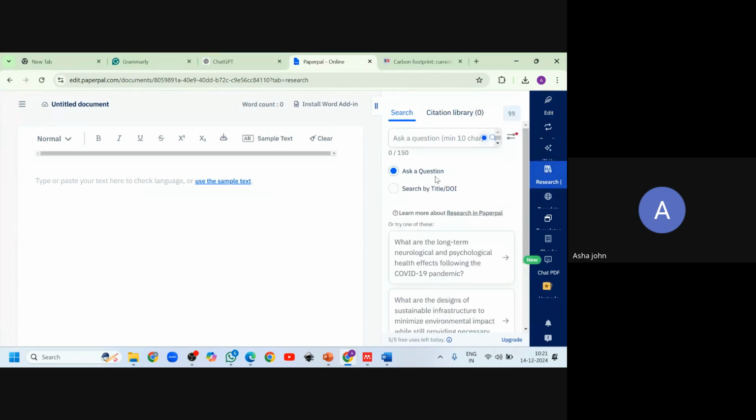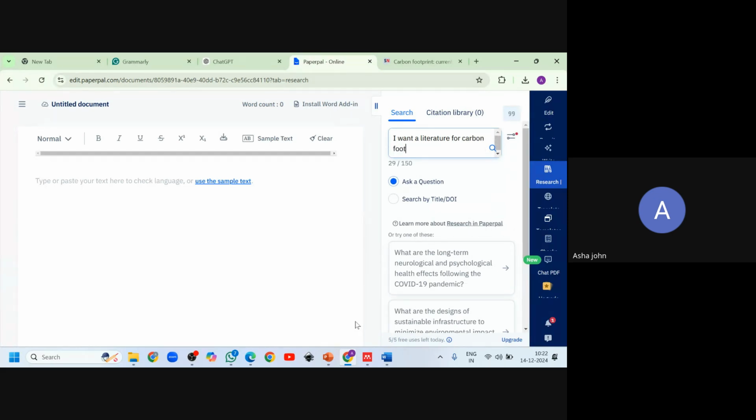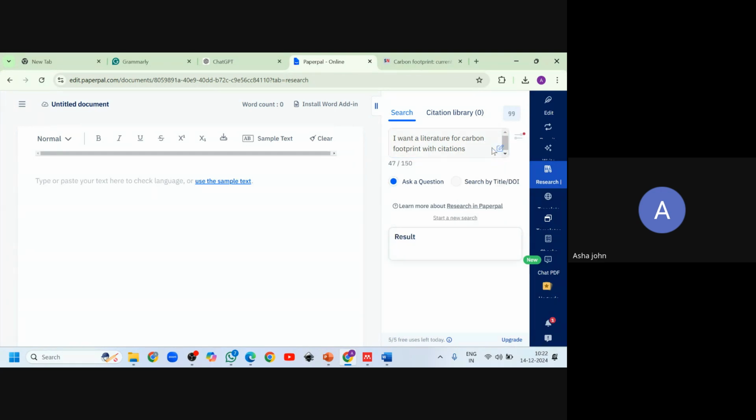When you choose research site, you can ask a question and it will give you citations which will help us to do our literature research. So I can write, I want a literature for carbon footprint. So this is my question I'm asking. Let's see what happens.